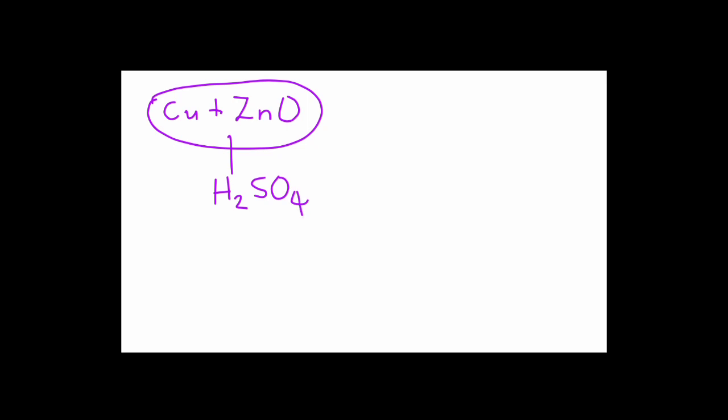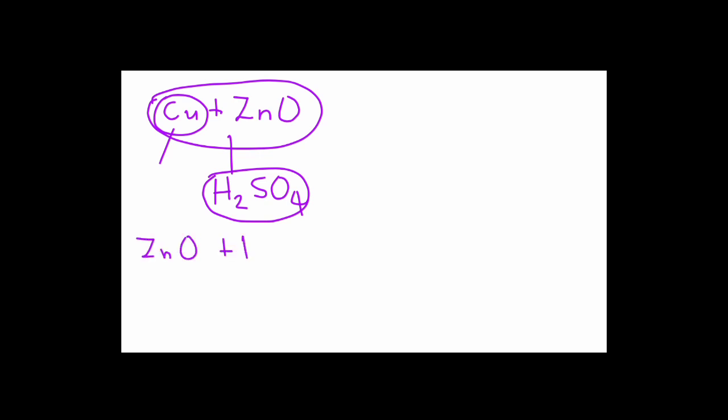What are you going to observe at the end of the reaction? We understand, my dear learners, that copper is not reactive. Copper cannot displace hydrogen ions from sulfuric acid, because hydrogen is more reactive than copper. In this case, copper is not going to react. What is going to react now is zinc oxide